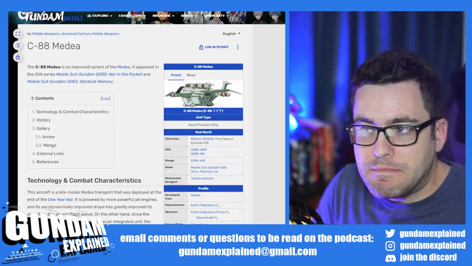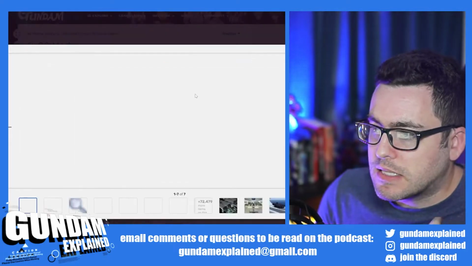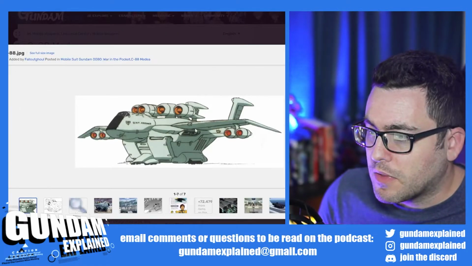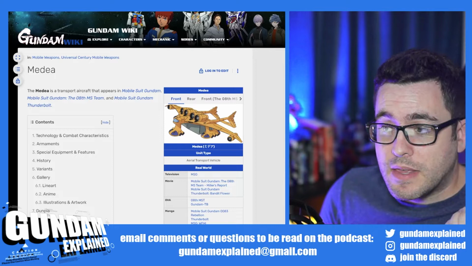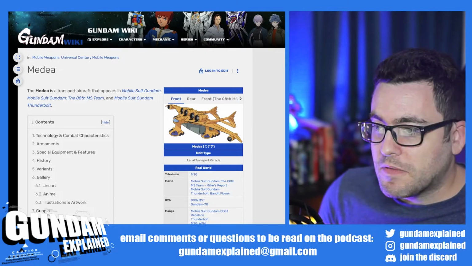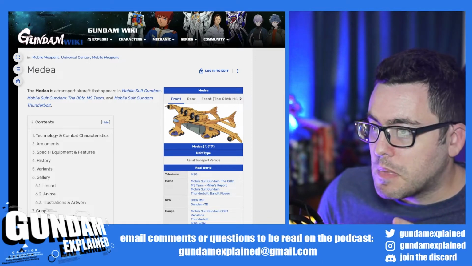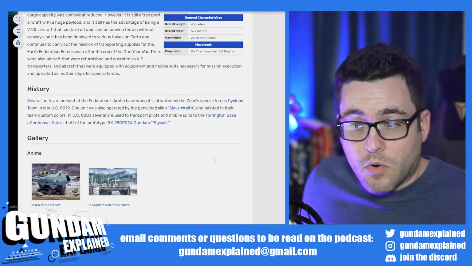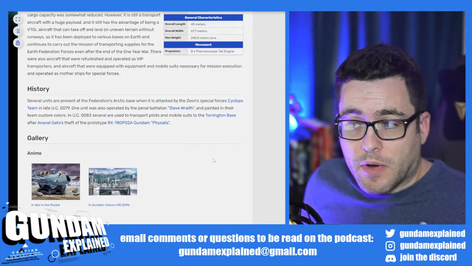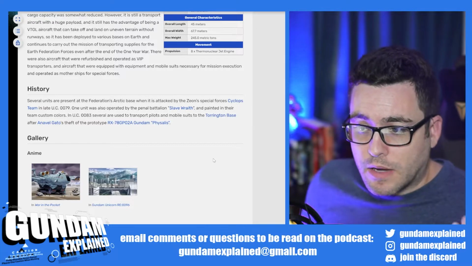Now, as the Federation is being attacked at the Arctic base, they're trying to escape, and we see the C-88 Medea. This is an aerial transport ship, and it's cool to see more than just mobile suits sometimes. It looks like it was developed from the just called Medea, which looks like something out of 0079, but it says it's featured in the 08th MS Team and Gundam Thunderbolt. And according to the history, we also see this in Stardust Memory. I guess they were used to transport mobile suits to Torrington base after Anavel Gato's